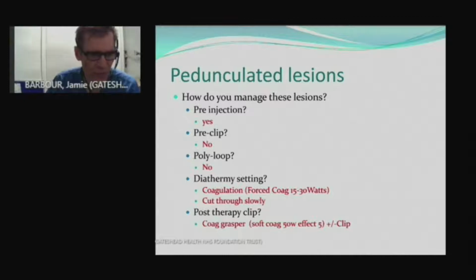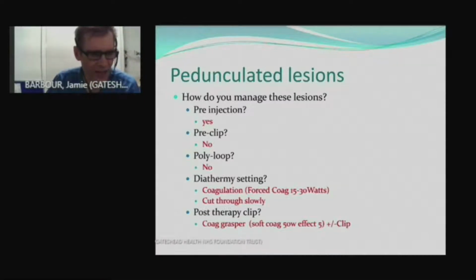I wouldn't bother with clipping. It doesn't really do that much, and I'm not sure how reliable it is. Polyloop also has a problem, because if you're narrowing the stalk, that's where the diathermy is going to be narrowed as well, and you can get kind of heat injury just where the polyloop is. And